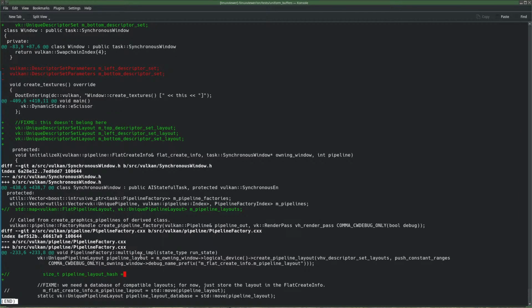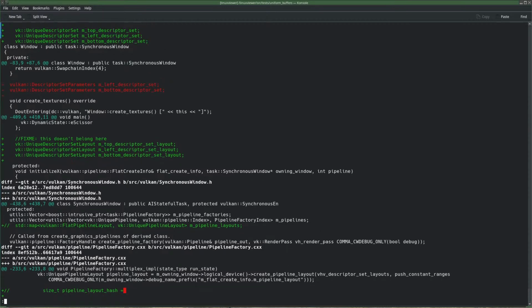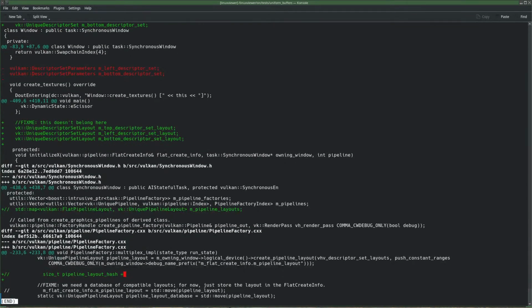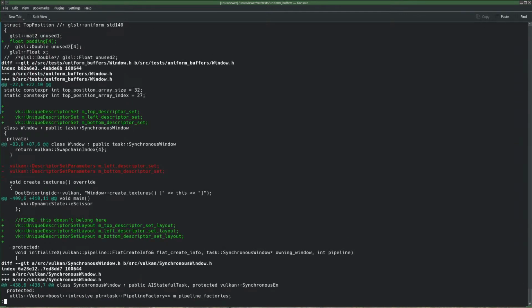Where did I remove that thing? Yeah, there. So this is right in front of this thing here.